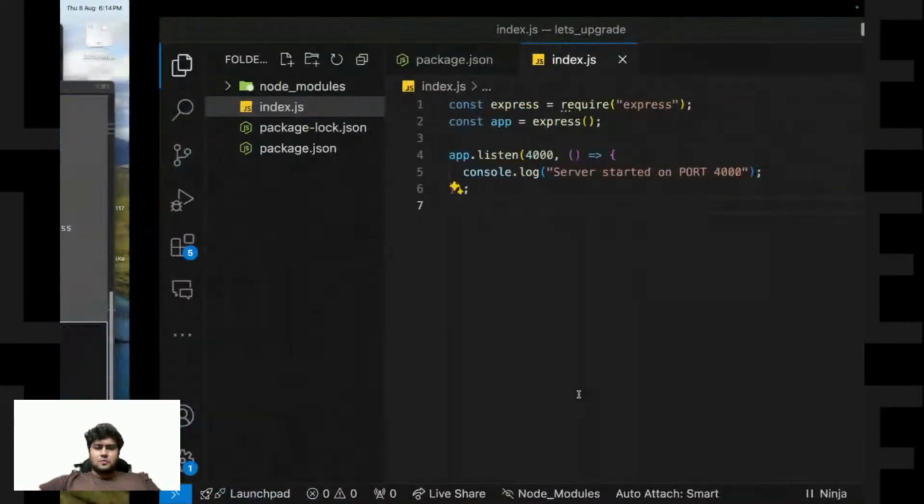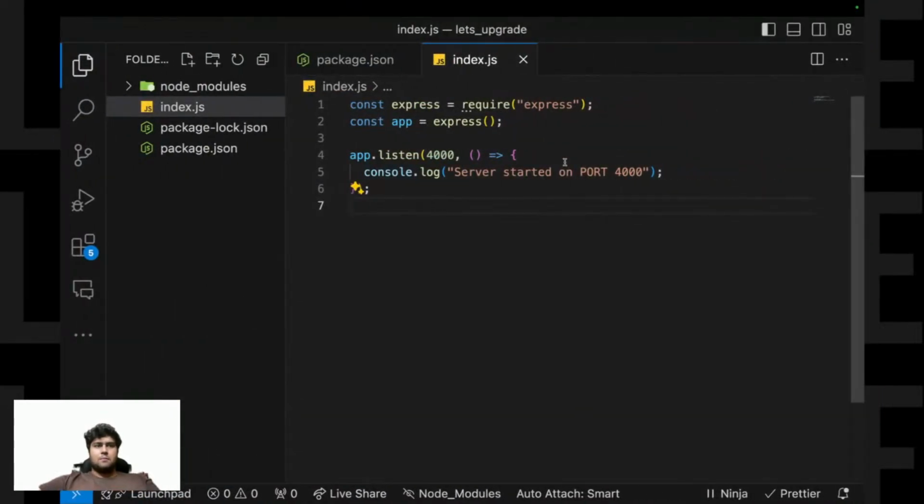So now I have started the server, but what then? If you have studied somewhere else, there are multiple types of requests which we can make. Mainly they are get, post, put, and delete.